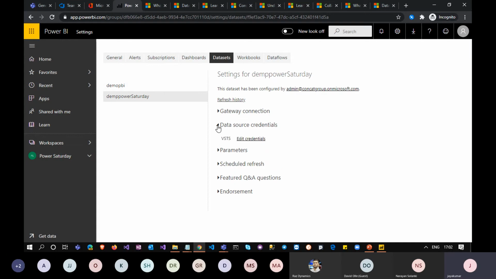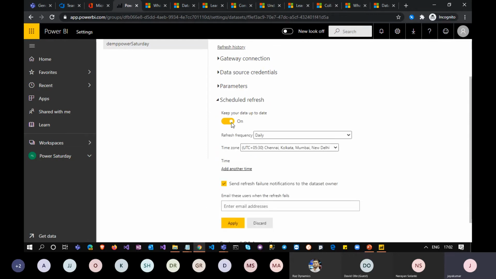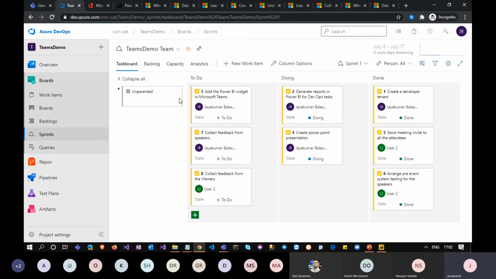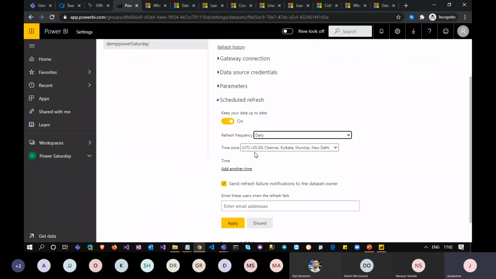So here you can configure everything, like your source credentials, and here you have an option for scheduled refresh. If you want to keep your data up to date, you can turn on this feature, and you can choose whether it is a weekly or a daily report. Suppose you send weekly statuses. For that, you need not go to Azure DevOps and track all the statuses and look at the cards and default reports. You can build your own reports from a PM perspective, and you should be able to configure this data.